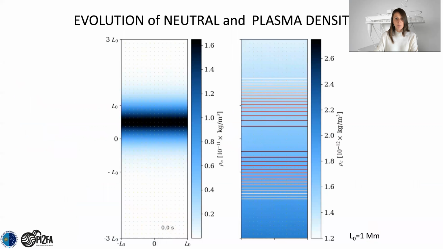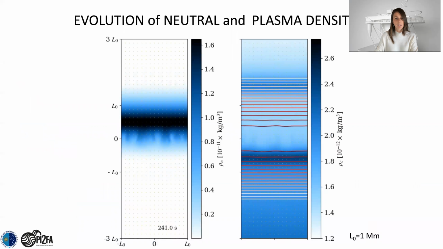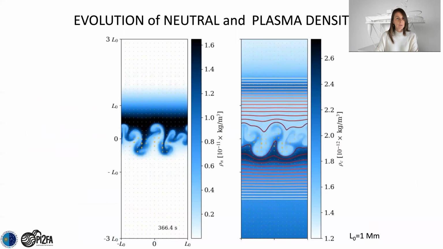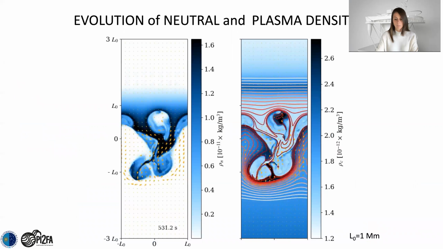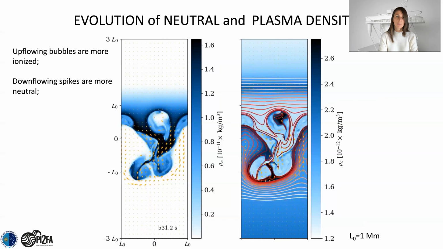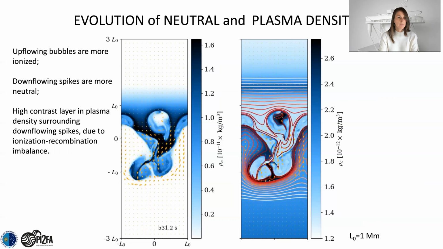We obtain coupled evolution of the neutral and charge densities, as is shown in these movies. The neutral density is shown on the left and the charge density on the right. We observe that there are upflowing bubbles that are more ionized and the downflowing spikes are more neutral. We see that there is a layer of high contrast plasma density surrounding downflowing spikes, and this is produced through